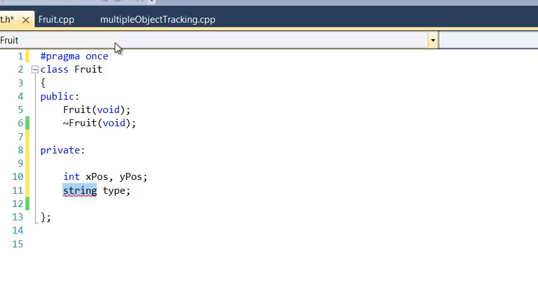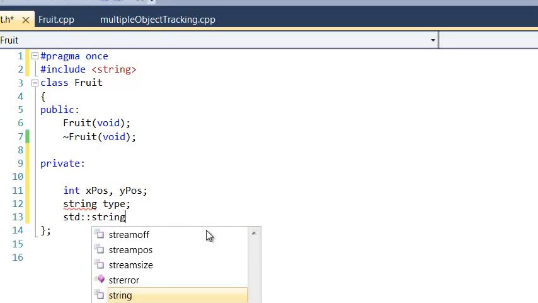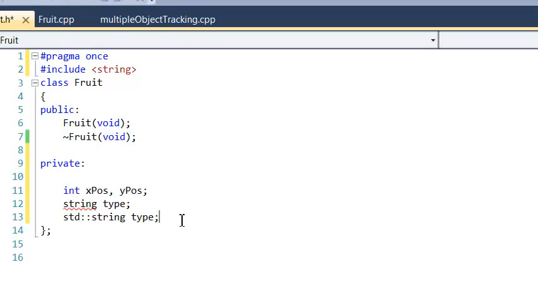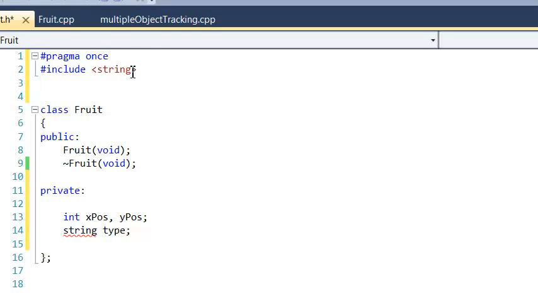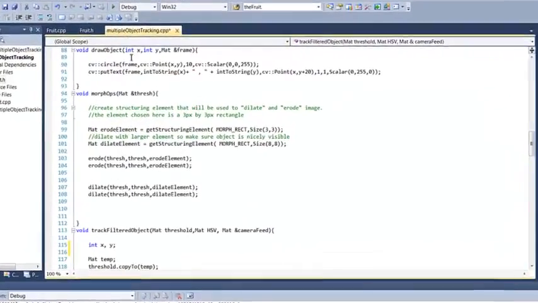Since string is underlined red here, we're just going to have to include string. Oops, string. It is still underlined red. The reason is because we could use the standard scope and type in std::string type, and see that's not underlined red, but that gets kind of cumbersome. So we can use using namespace std for standard, and you see the red goes away. Alright, so Control S and save our class, and we're going to go back to the multiple object tracking source